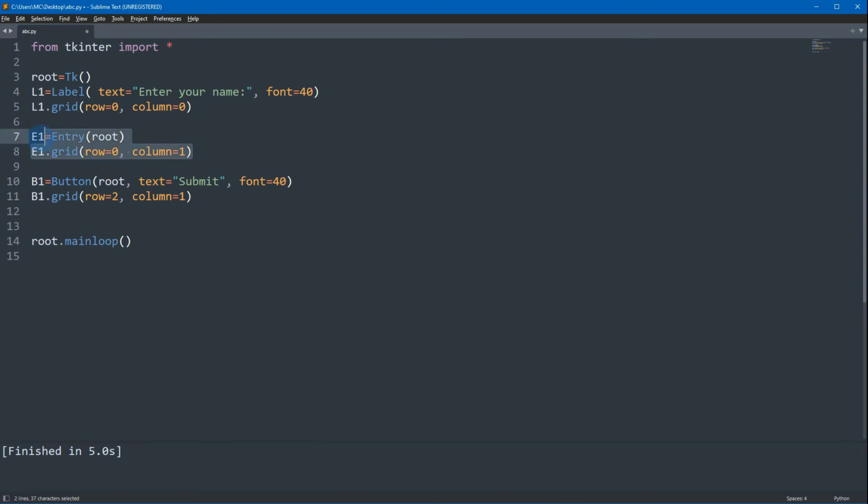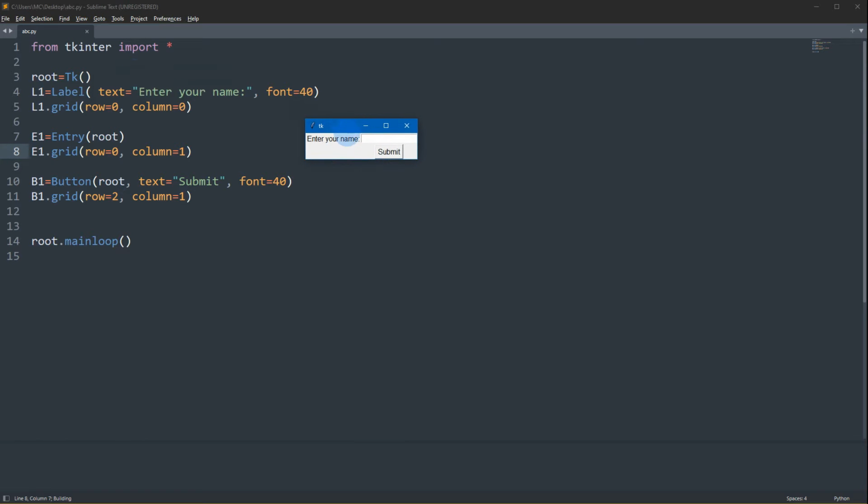So now guys, we added this code. Okay, so if you're going to observe, we have here the keyword entry. So the name of our entry is E1, but if you don't want E1, of course you can have another variable name for our entry, and E1 will be placed on our root. So we're going to use grid to arrange our widgets. So E1 will be placed on row 0, column 1, which is beside L1, which is our label, enter your name. So now let's try to run this.